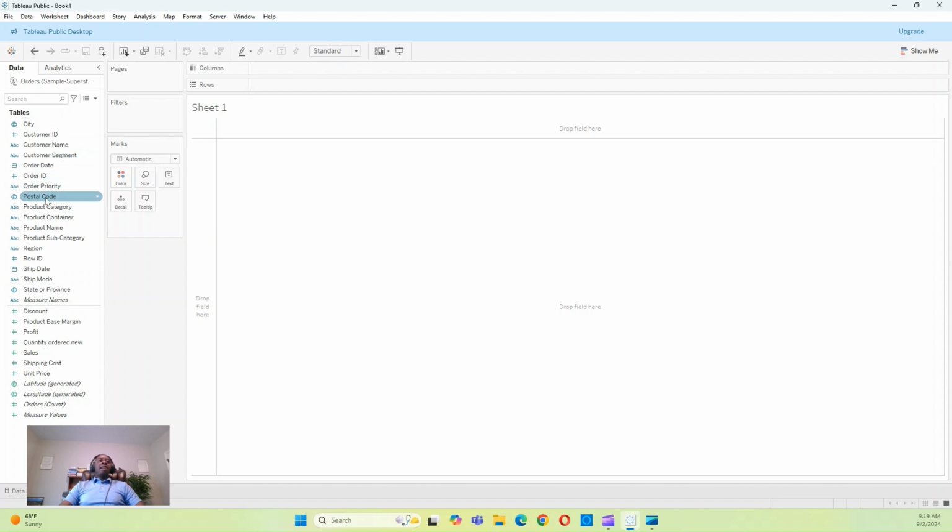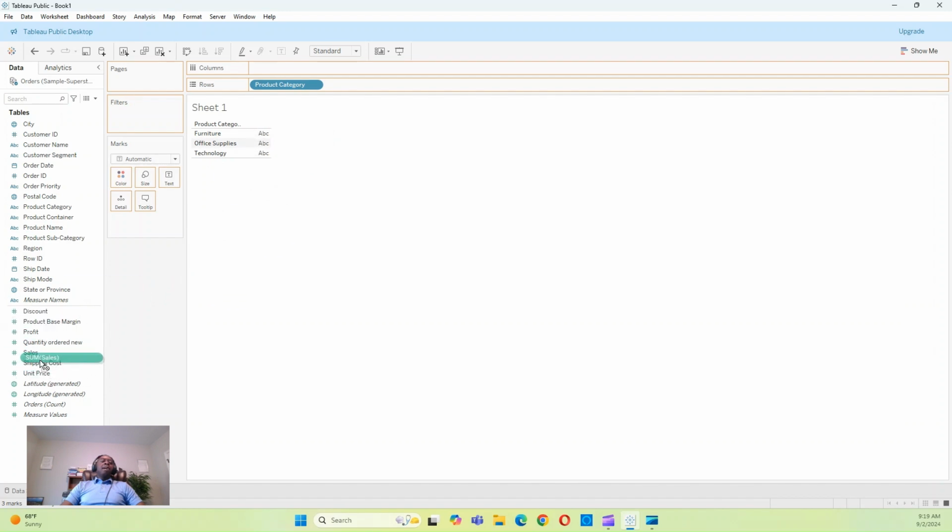So anything in Tableau that is blue is basically discrete, and these are called dimensions. So dimensions are data characteristics that we use to splice or split our data. So, for example, we have categories. The categories are qualitative. We have furniture, office supplies, and technology. We can split our data by these categories. So it will tell you how much is for furniture, how much is for supplies and technology. So dimensions, we use them